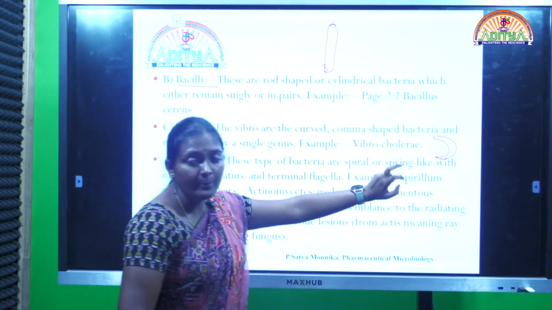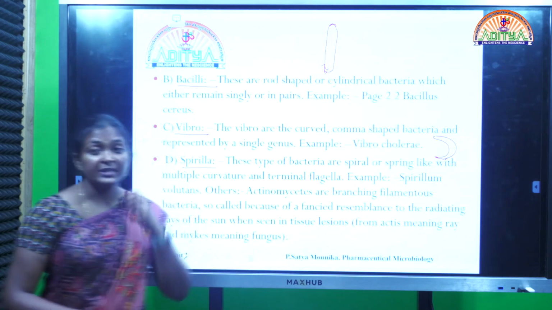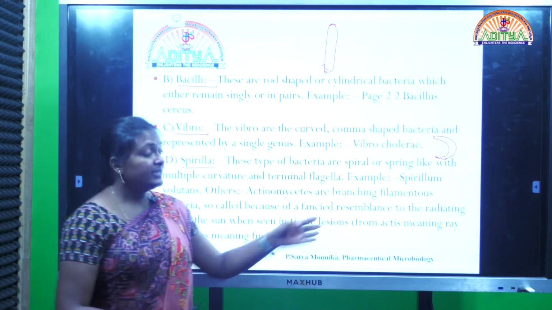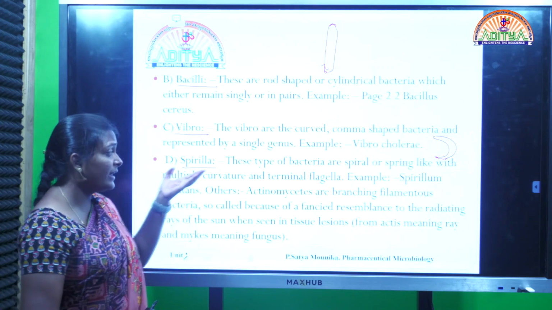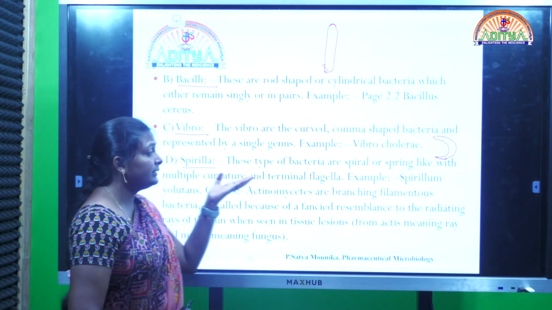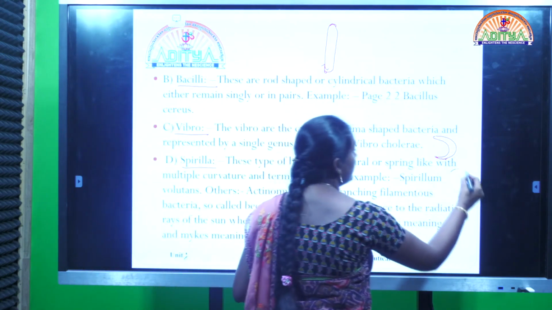Now coming to the example for this particular type of bacteria, it is nothing but Vibrio cholerae, which is responsible for the disease called cholera. Now coming to the next type of bacteria, Spirilla. So here the type of bacteria we will observe would be seen like a spring or